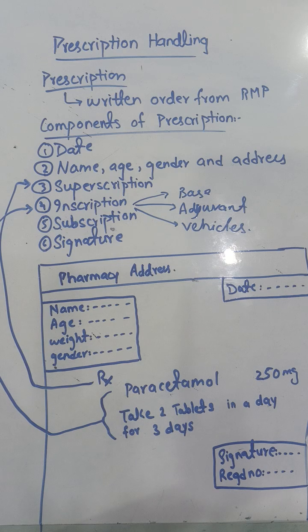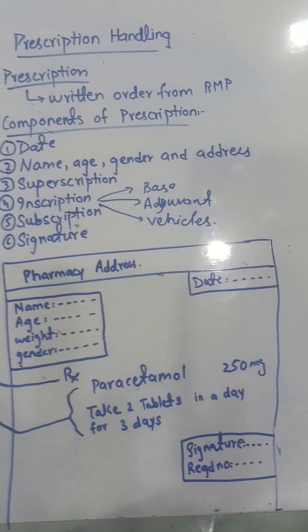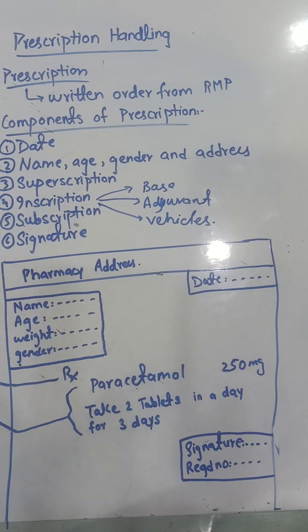For example, आप ये 250 mg पैरासीटामोल का सिरप बनाना है, एक आपके पास चाइल्ड पेशेंट आ गया जिसकी एज बहुत कम है, and you have to make the syrup because that child cannot swallow the tablet of paracetamol. So that's why you have to dissolve the paracetamol into the water and make a syrup, and then you have to give it to the patient.